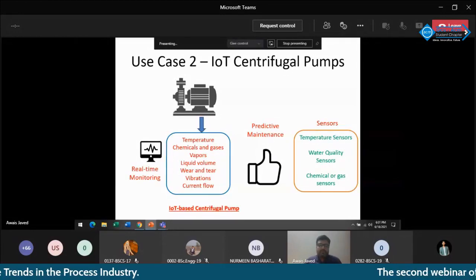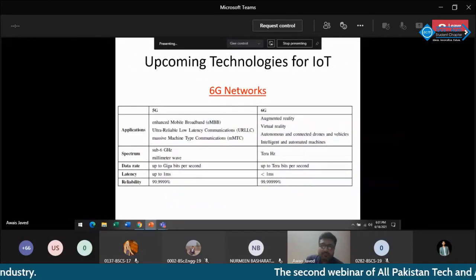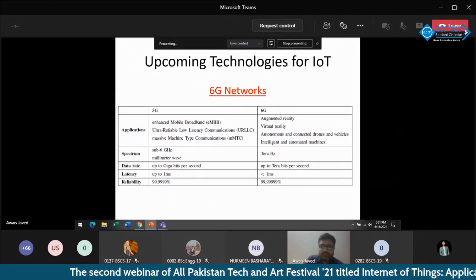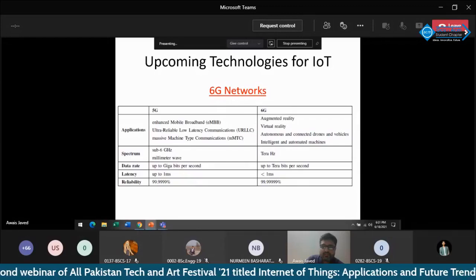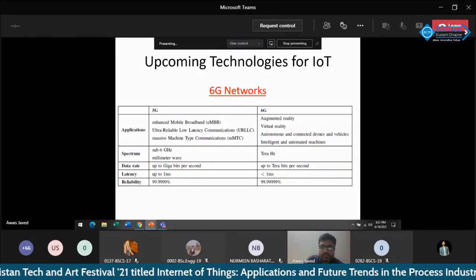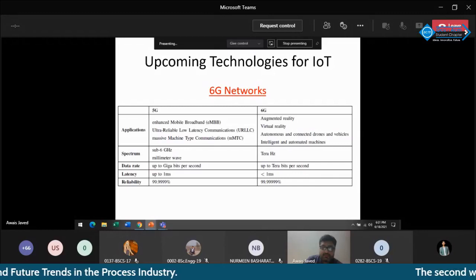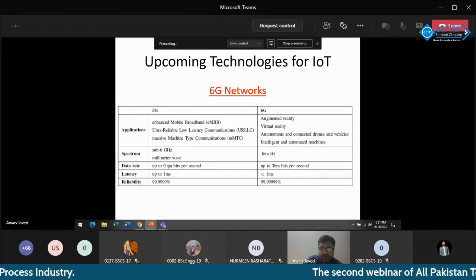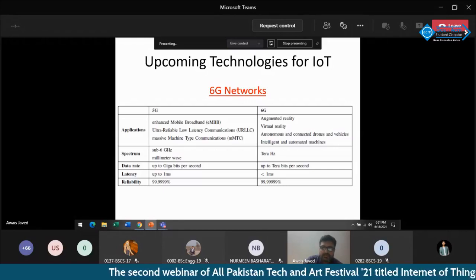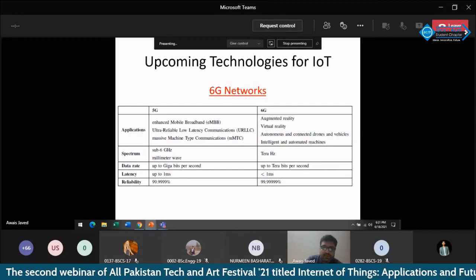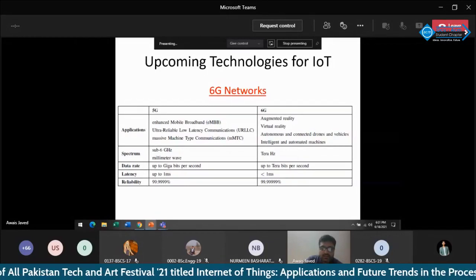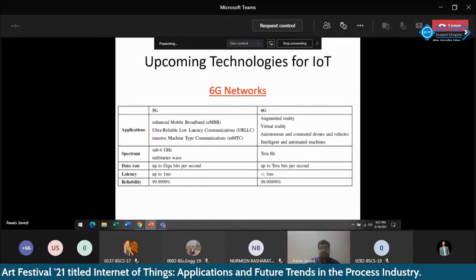In the last part of my lecture, I will discuss some of the upcoming technologies for IoT, and some of the important research directions that can be very useful for the students. So, 6G networks. Currently, researchers are envisioning 6G networks for massive IoT applications. While 5G was about enhanced mobile broadband, ultra reliable low latency communication (URLLC), and massive machine type communications,